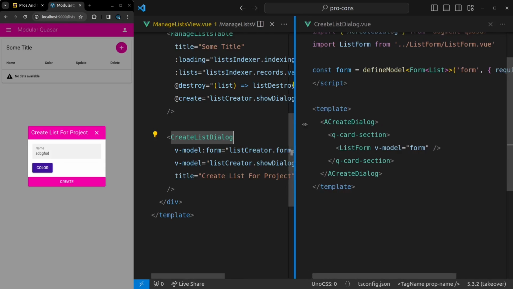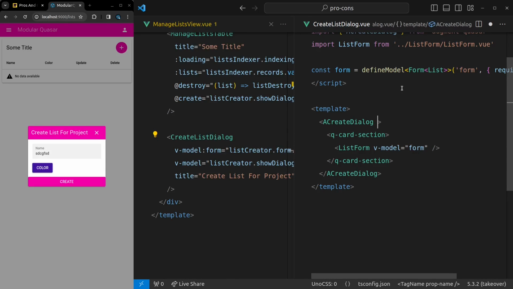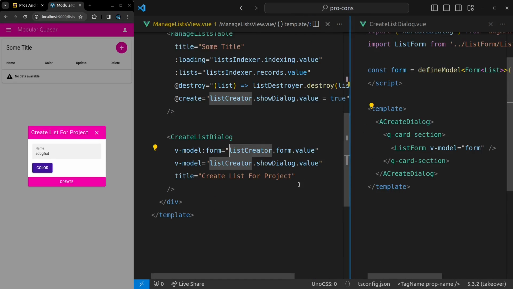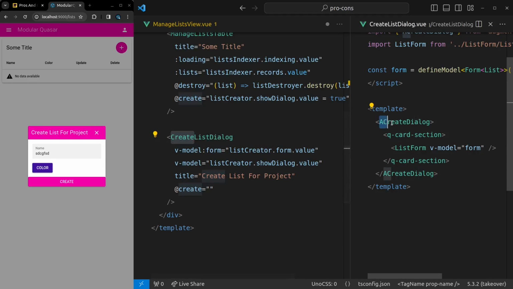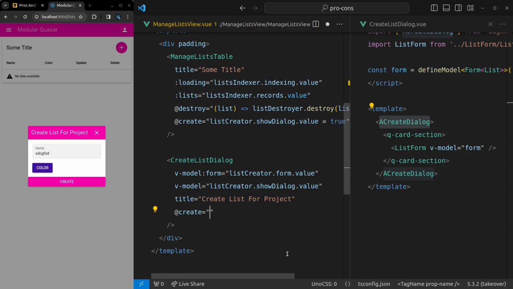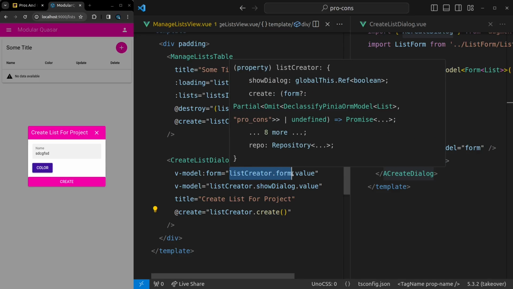All right, so now what we can do is we can say at, whoops, wrong point. I can say here at create. Okay, because the create list dialog is using a create dialog, and a create dialog has a create event on it. So I can say, hey, when you want to create this, use the list creator to create it. We don't even have to pass through anything there, because what it does is it uses the form that's being